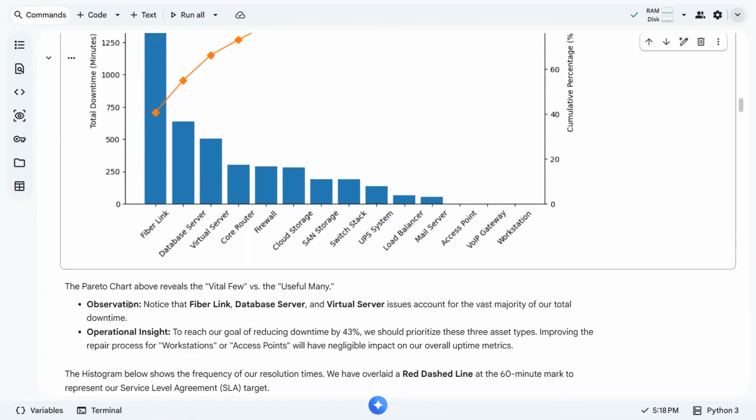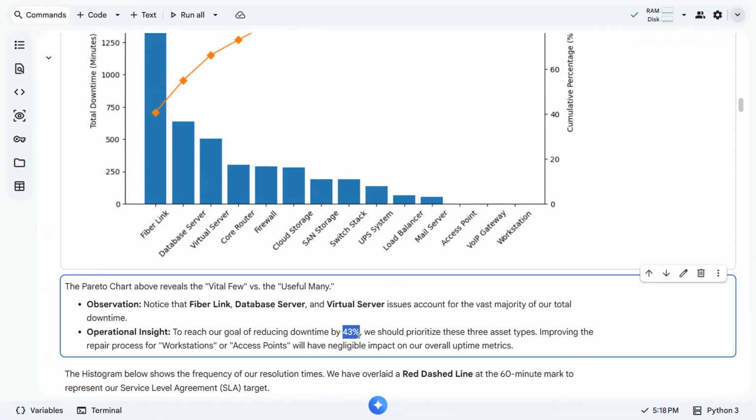In terms of operational insight, to reach our goal of reducing downtime by 43%, we should prioritize these three assets. Improving the repair process for workstations or access points will have negligible impact on overall uptime metrics.